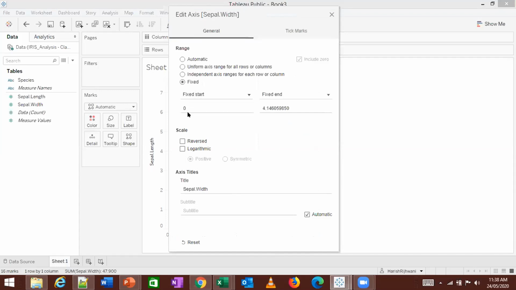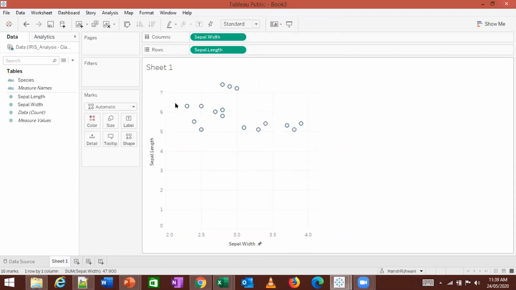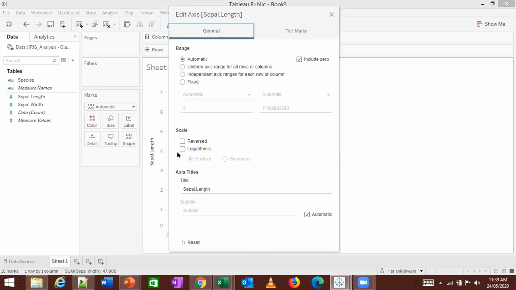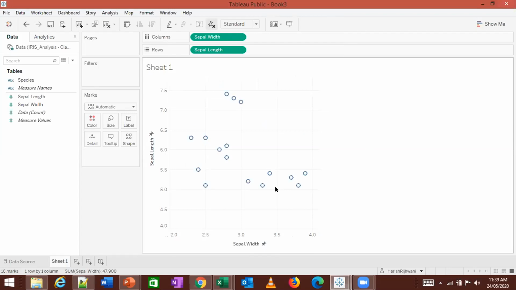Instead of starting from 0, I start from 2. When I do that, this shifts to the left. Same way on the length, I want to start from 4, let's say. So here I fixed it to start from 4, and I get something like this.